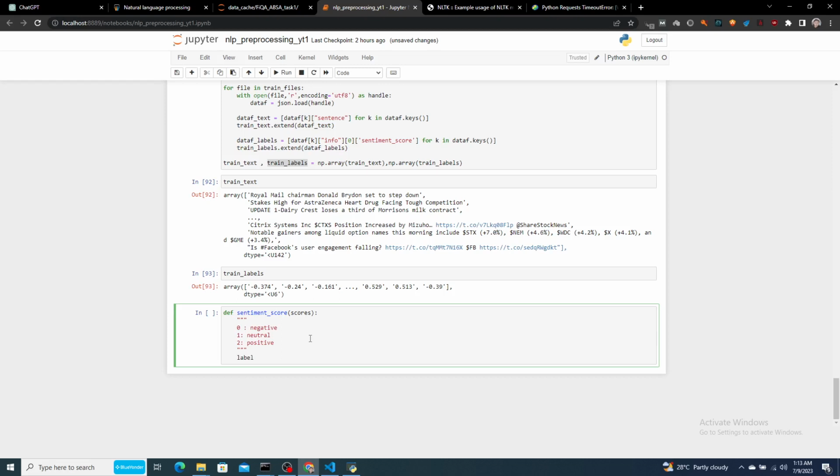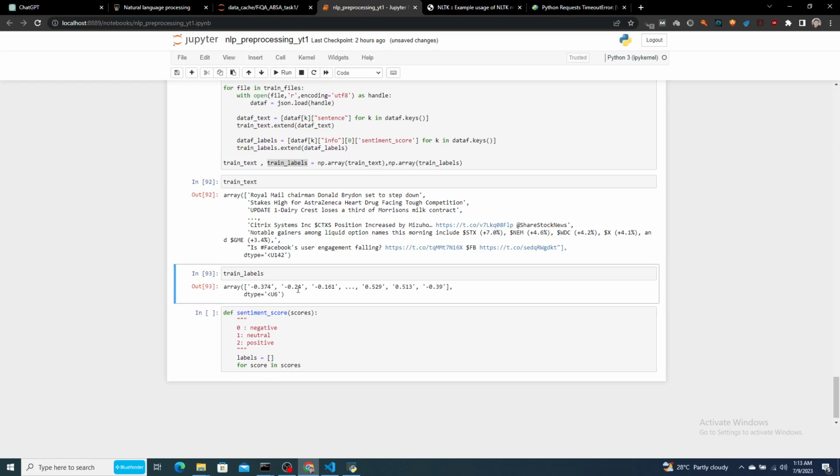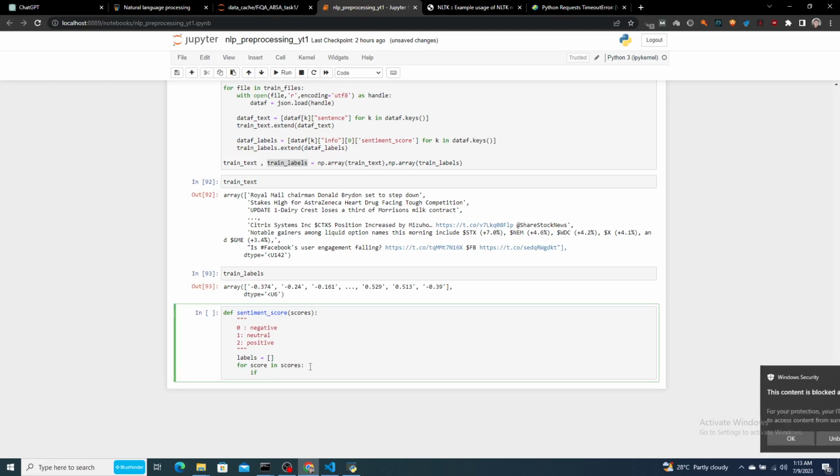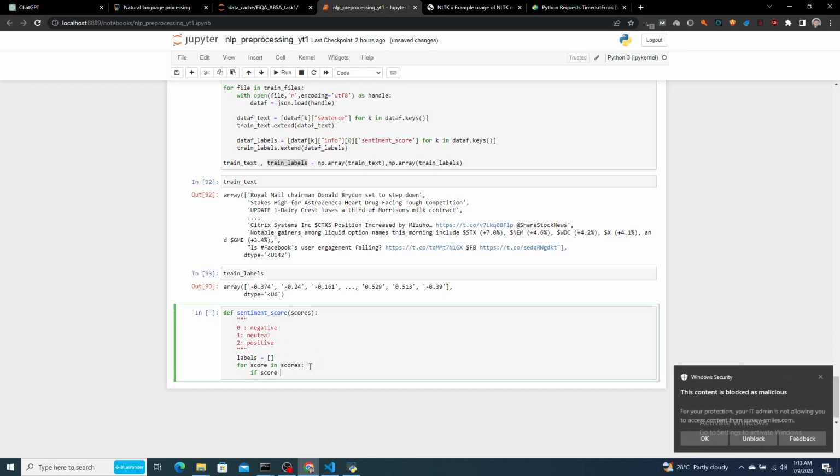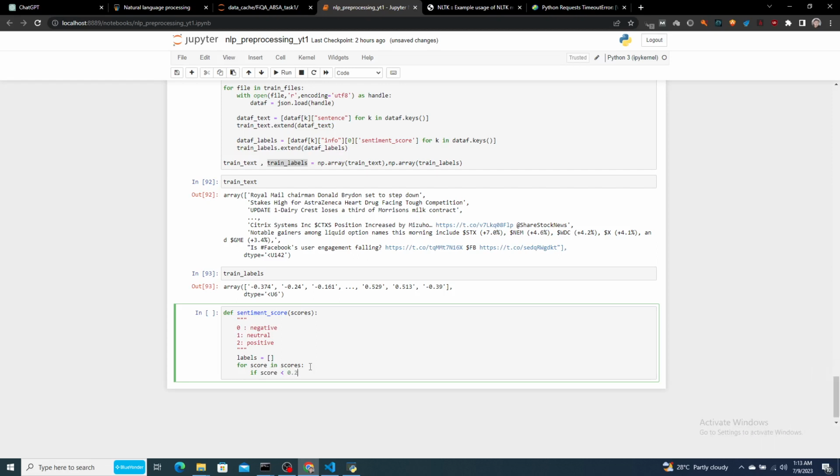These things I need to first append inside an empty list. So let's do for score in scores. Whatever scores will be there, that means my 0.374, 0.24, 0.161, all this. So for score in scores, if my score is less than, let's say, 0.2, then